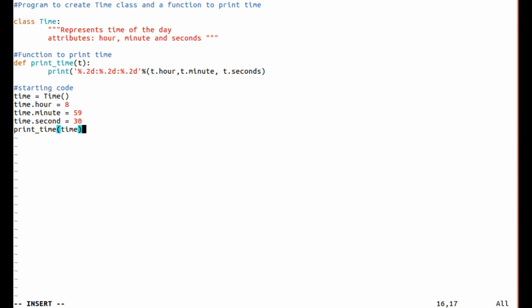So I am passing the object time here to the function print_time. So time here is the argument, and t is the parameter. Once we pass this time, using the dot operator we can access all the attributes of the class, and we can print all the attributes in this format. Okay, so let us see the output of this.